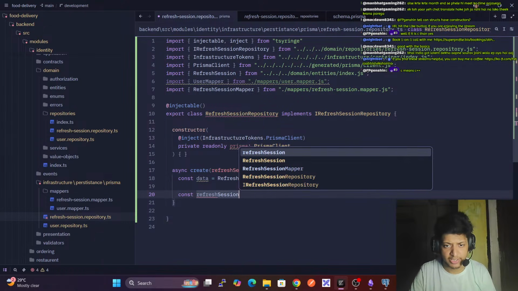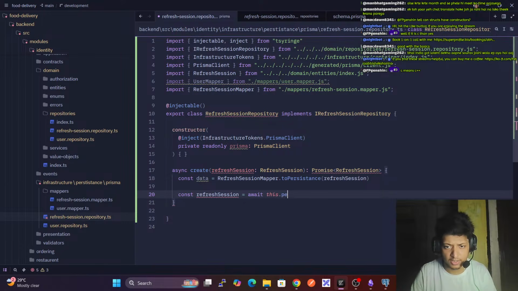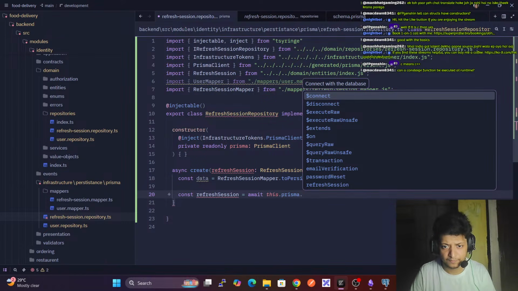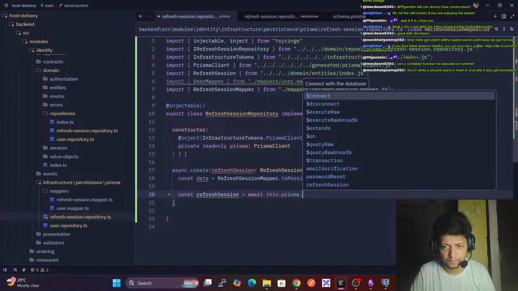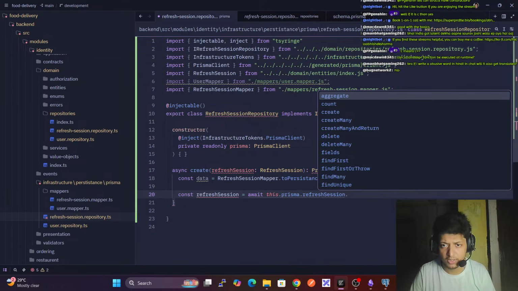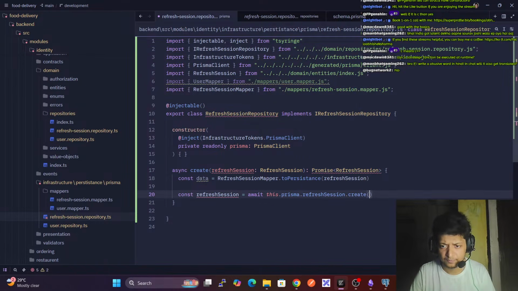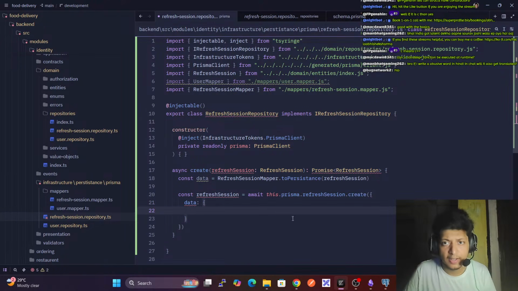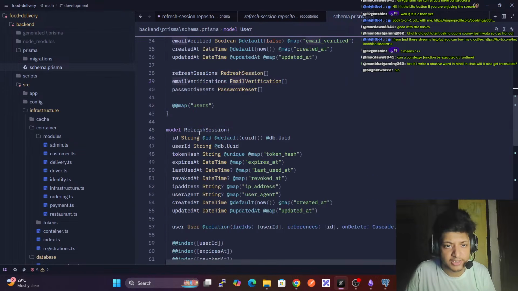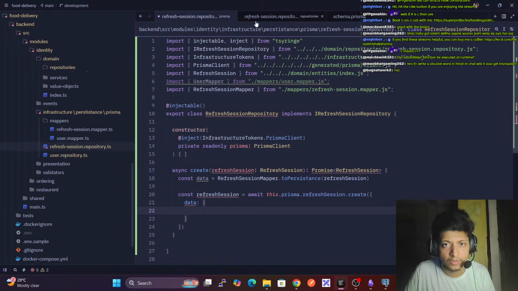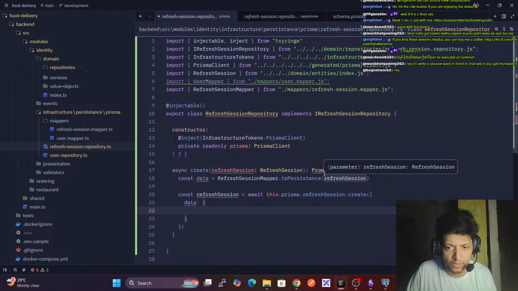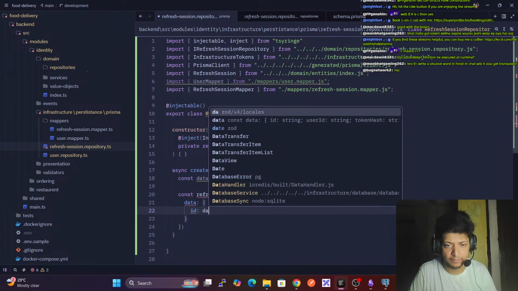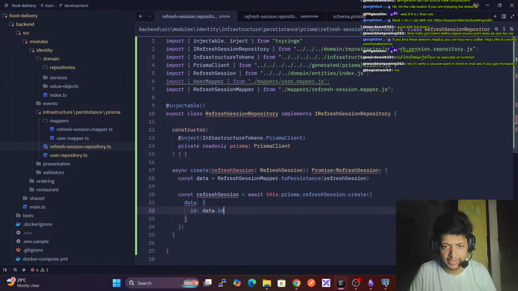refresh session equals await this dot prisma dot refresh session dot create data, right? And if we see the schema for refresh session, we have id, user id. Okay, hold on. We don't need the id. Okay, id will be data dot id. Yes,